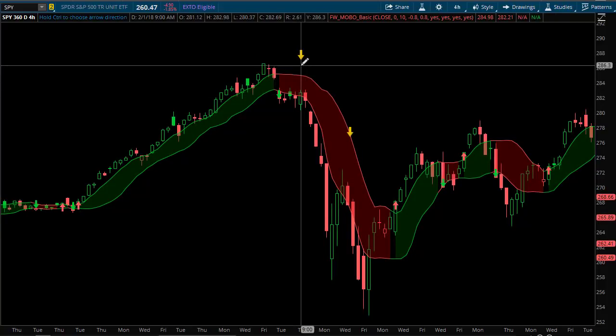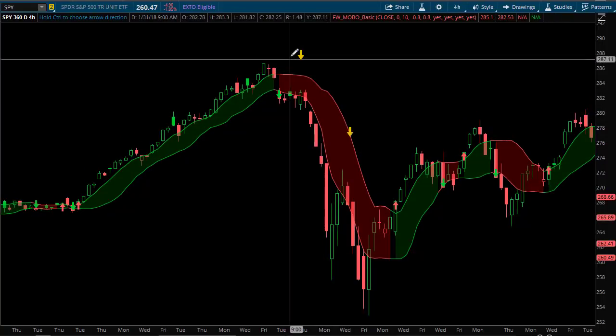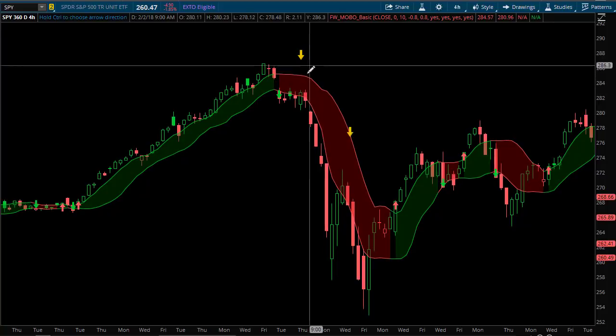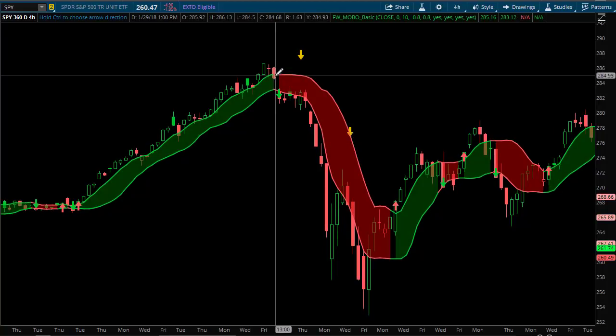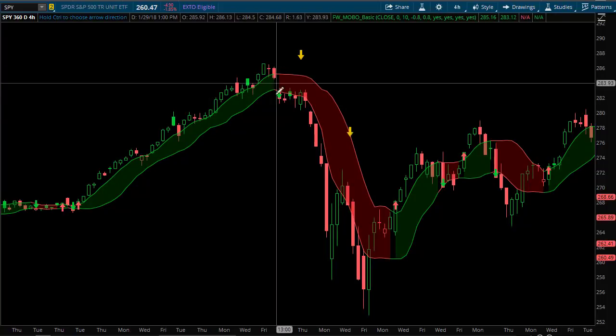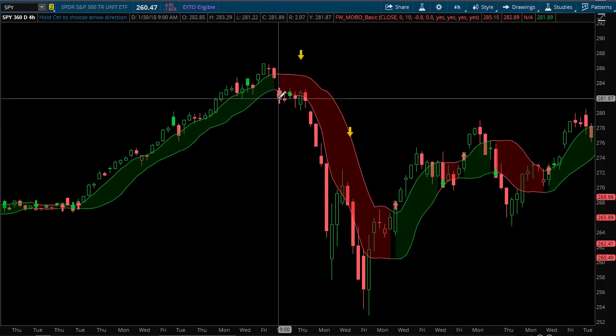Remember, there's 2 bars in a day, so about 10 of these bars is 1 week. So this bar is the reversal. The strategy got you out on the reversal. Now, did you give up some gains? Yes. You are not going to get out at the top, and you are not going to get in at the bottom. You are going to be taken out when it breaks below that band,